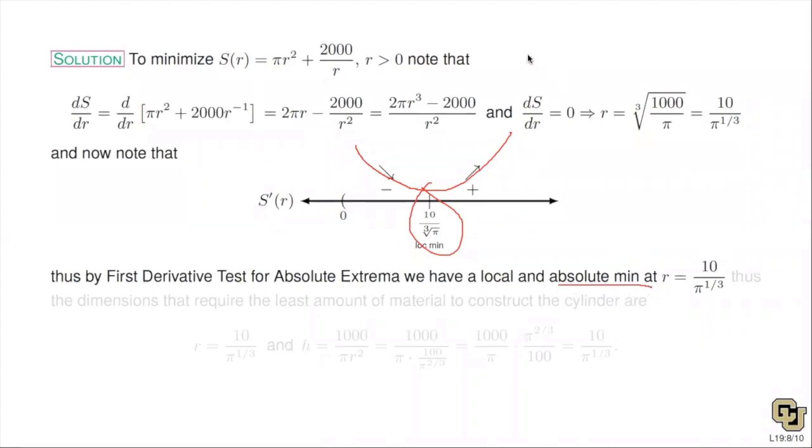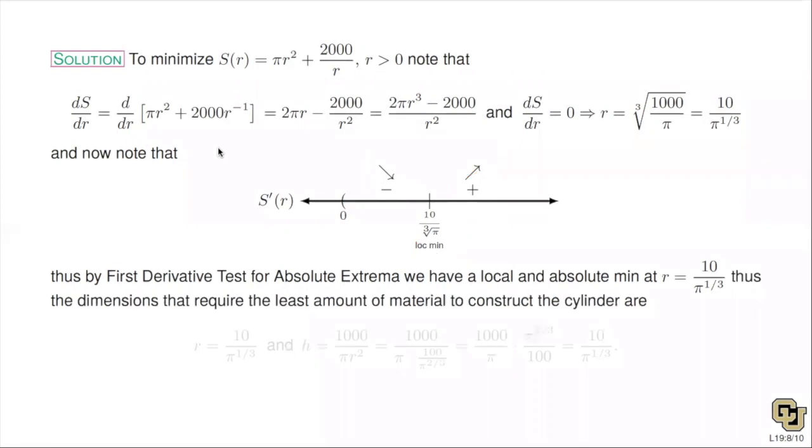And so now we can find the dimensions required. So we also have to find the height. The problem asks for the radius and height here. We found the radius. To find the height, I just go back to the formula that we get from the